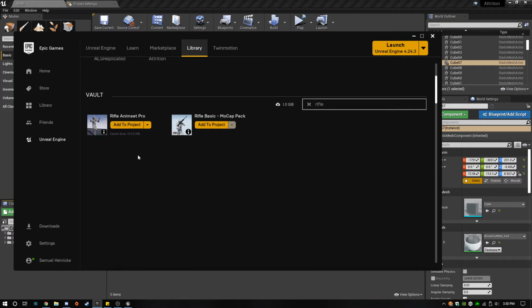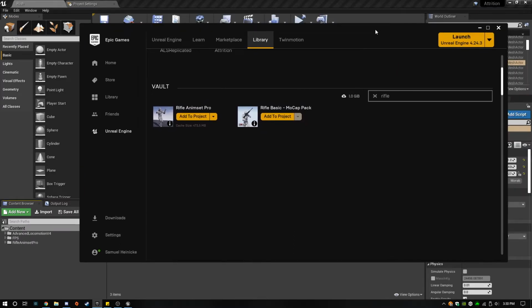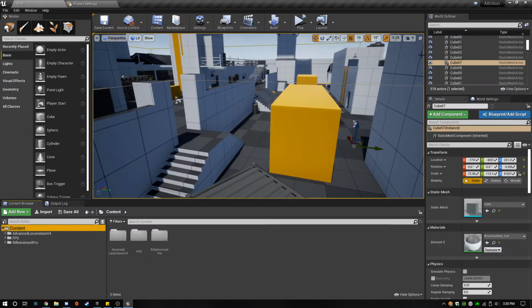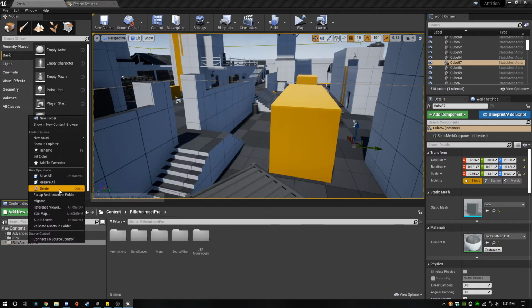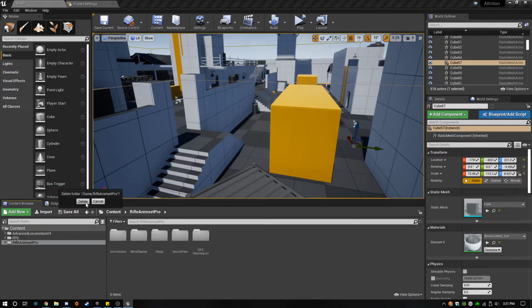Make sure I have the right pack here. Okay. I did add the wrong pack, dang it. Alright. So here's what we're gonna do. We don't want that one.